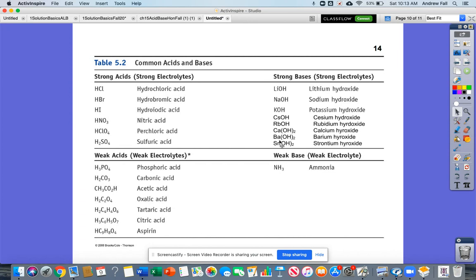And for a similar reason to the fact that hydrofluoric acid is a weak acid, magnesium hydroxide is still a weak base because it's a smaller ion and it's going to have a greater Coulombic attraction to the hydroxides, thus it won't produce as many ions in solution. And we actually have a video we're going to show on that at a later time. But so strong bases, alkali and alkaline